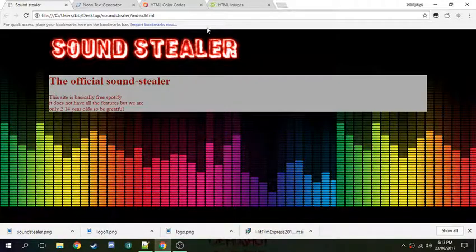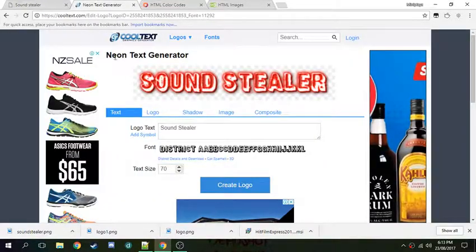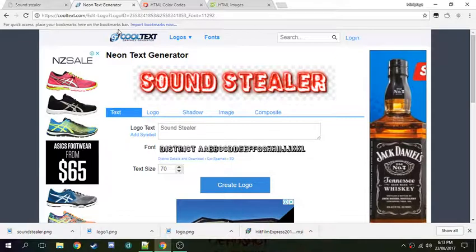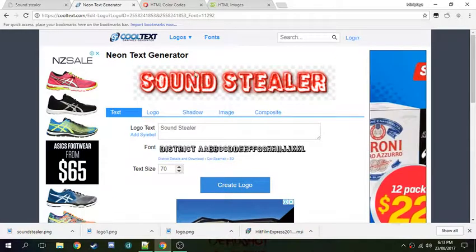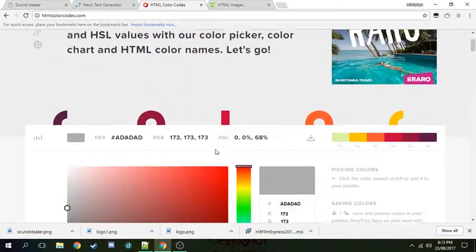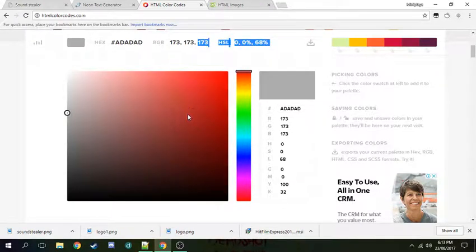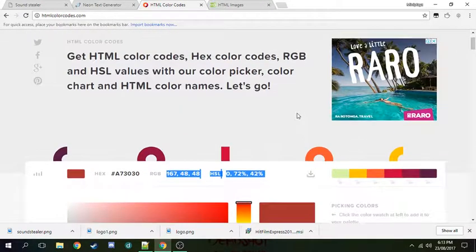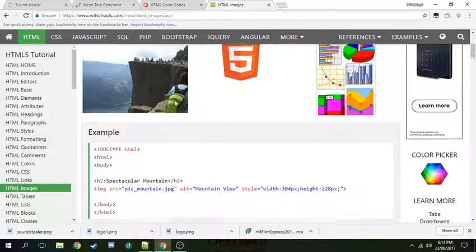And the three websites I'm going to tell you about is Neon Text Generator. No, I mean Cool Text Generator, and that's how I generate my graphics and stuff. Then we have HTML color codes. This is a real good site to pick your colors, and it gives it out in codes. Because if you don't know, when you're coding in HTML, you need that. And then there's